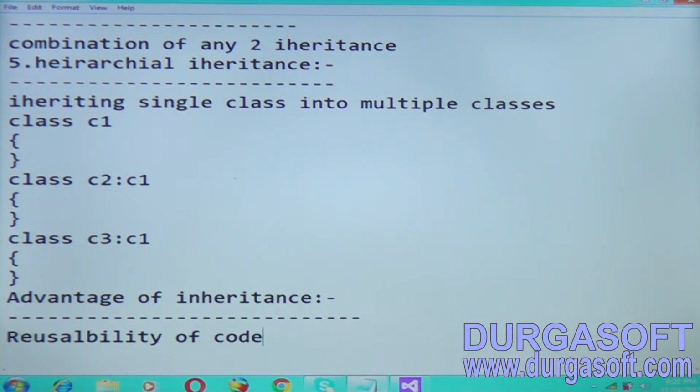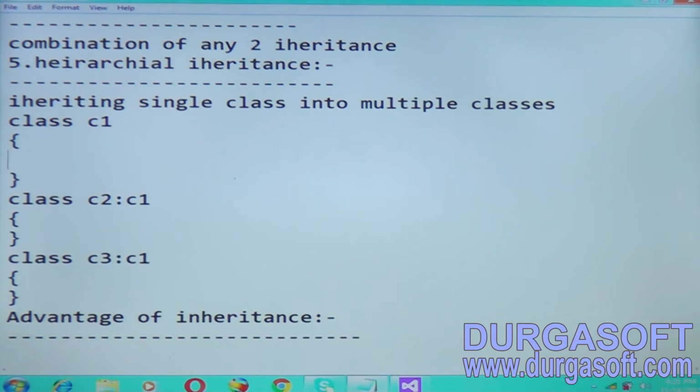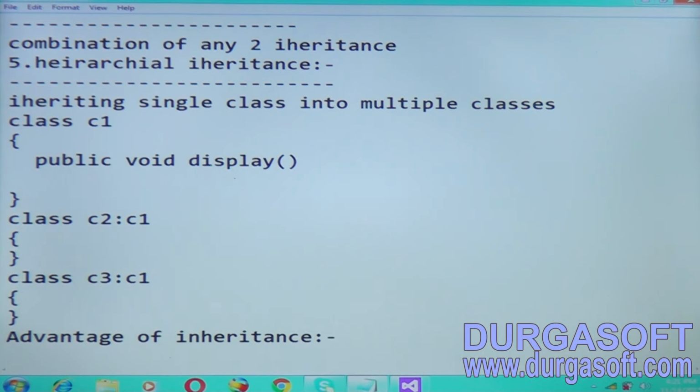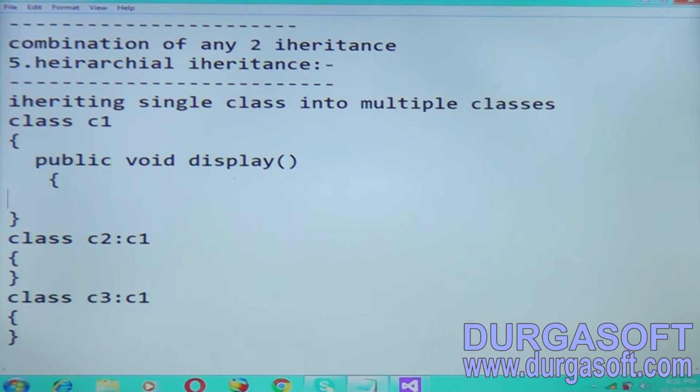That means if any method is created in class C1, assume a method like public void display is created inside this class. This method can be directly called and used here.